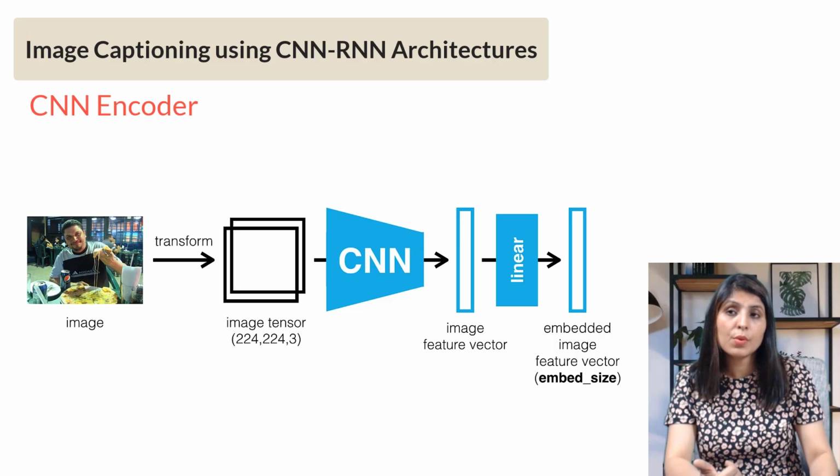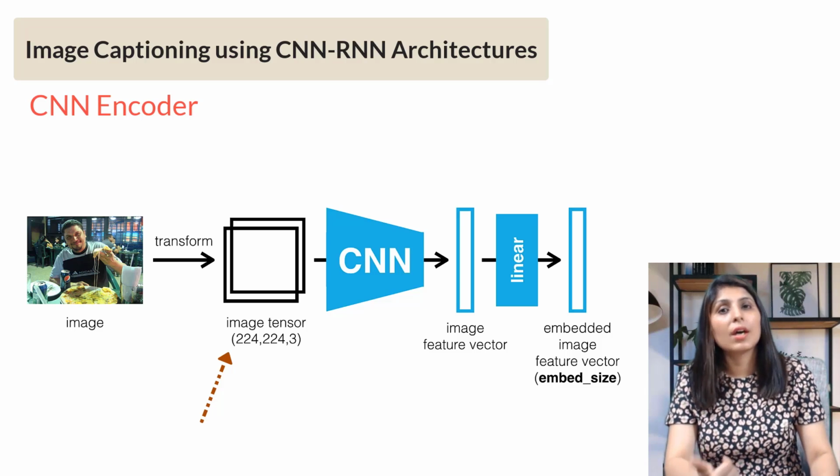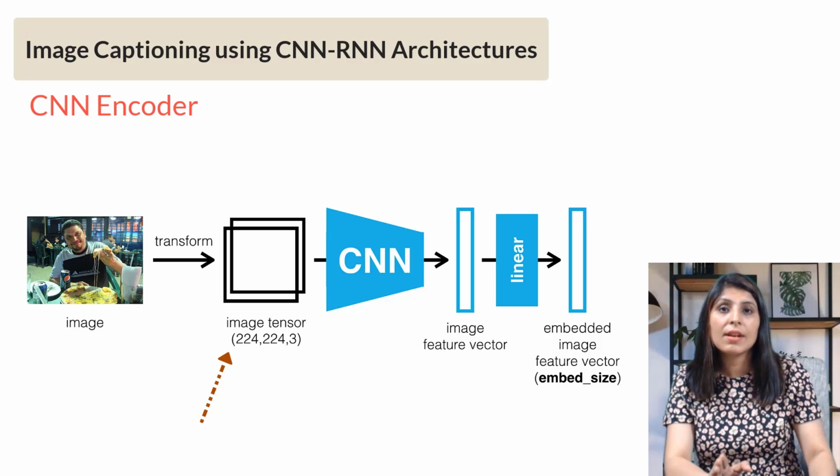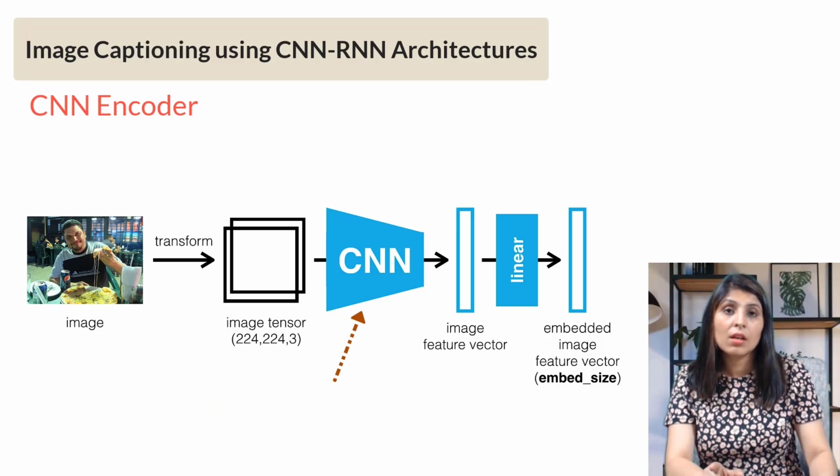You can see this input image is first getting converted to a tensor because PyTorch accepts the data in the form of tensor only, and for our today's tutorial we are going to run this code on the PyTorch framework, so we need to convert the input into a tensor. Once you convert the input into a tensor, the next step is this CNN network. Our image will be passed through this CNN network in order to extract features.